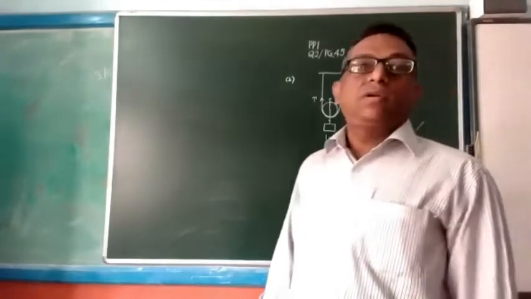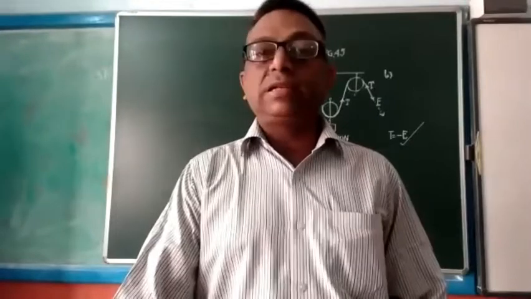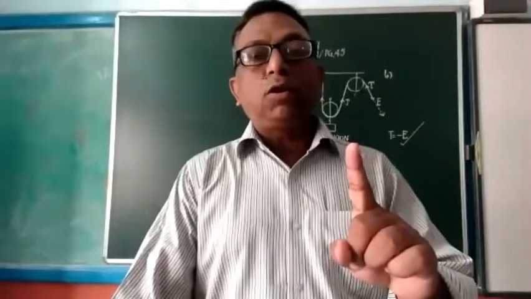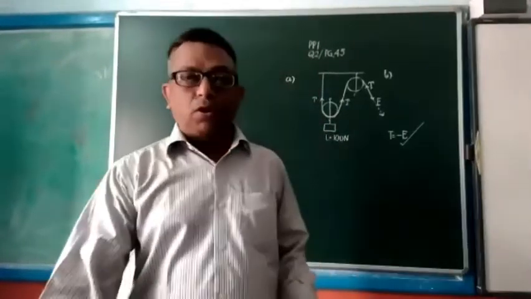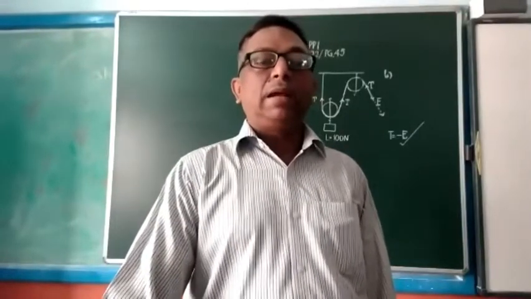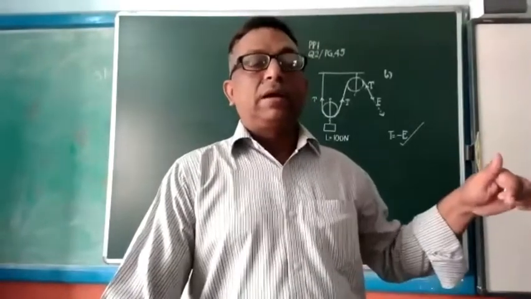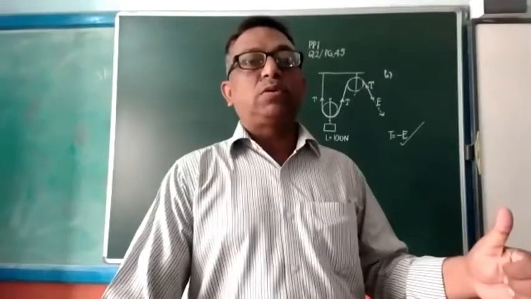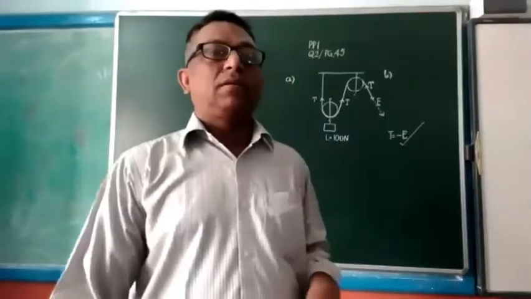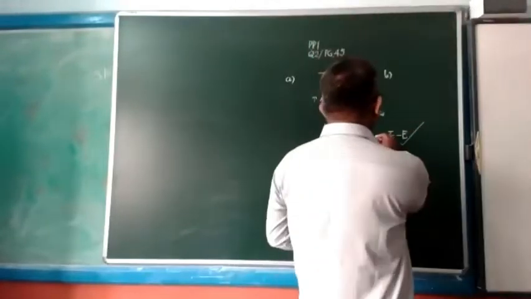Clear? The meaning is the same. According to Newton's third law of motion, to every action there is an equal and opposite reaction, equal in magnitude. It means the magnitude of tension is always equal to the magnitude of effort. And why is the minus sign there? Because they are applied in the opposite sense, in the opposite direction. Effort in the downward direction, then tension is produced in the same part of the rope in the upward direction. Clear? So this is the C part.